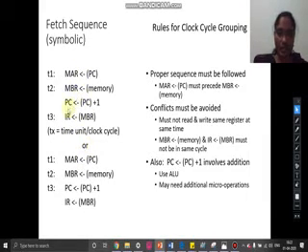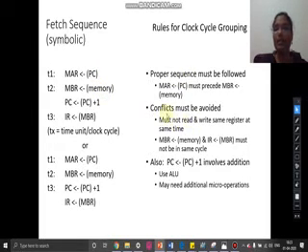And incrementing the program counter can be done in the third clock cycle also. But while we are grouping the micro instructions like this, the main thing we need to keep in mind is that the proper sequence has to be followed. For example, here the address of the program counter has to be sent to MAR, then only we'll be able to access the memory contents of this memory location, and that can be put in the memory buffer register. So this order cannot change, we should not change this order.